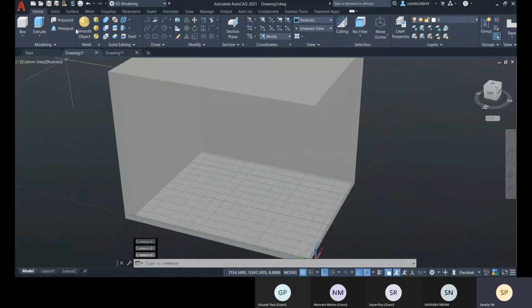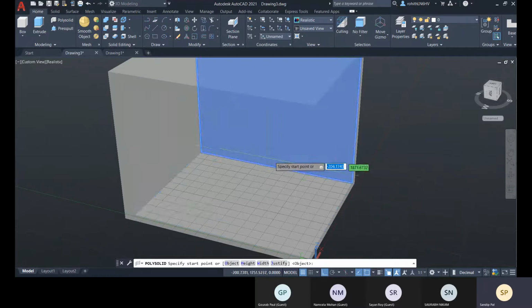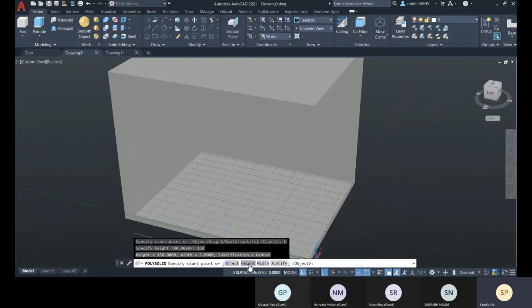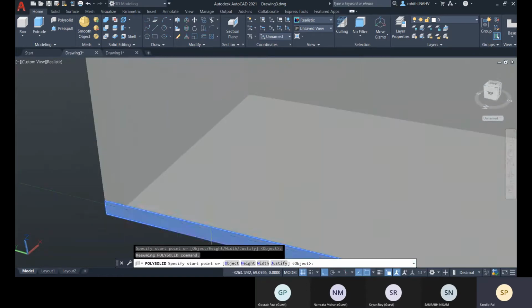Now with polysolid, what you can do, you can provide skirting to these walls, okay. So for that, what will be the height, like let me give it 150 height, and what will be the width, let me give it 15, okay. With the plaster, let me give it 15, and then you have to specify the justification, so that can be left or right. So that is the point.